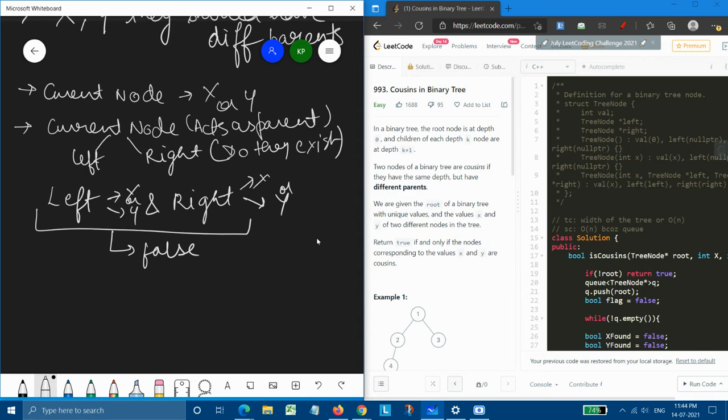And if this condition doesn't come up as true, then what we need to do next is push left and right to the queue, so that when the next level comes, we can process these nodes which will be in the queue.